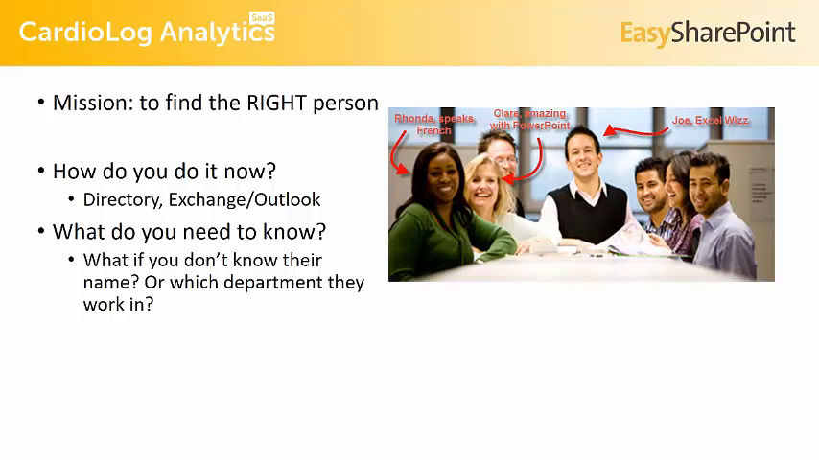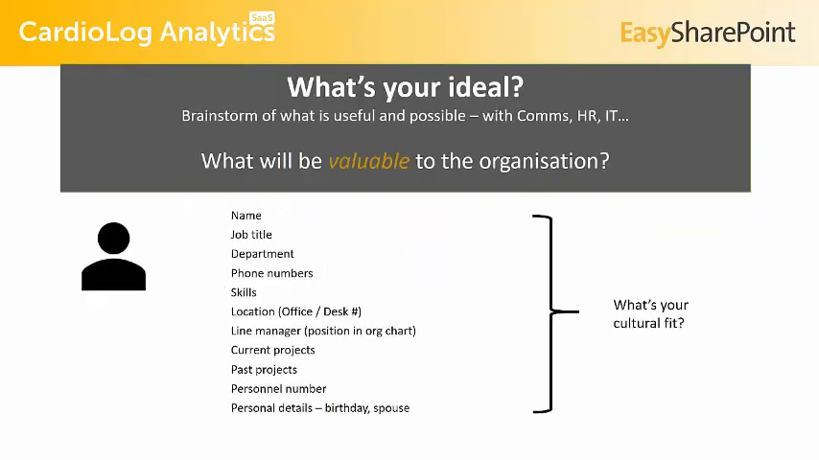So the first thing to look at is how do you do this process at the moment? And remember, we can apply that to those different problems as well. In this case, we might look at a paper directory or an online directory. We might use Exchange or Outlook to find information about people. But what about if you don't know the name of the person or the department that they work in, you don't know their line manager, how are you going to find someone that you don't really know much about? And the answer is to have a really good quality faceted search that will be able to search through different things in their profile. So the next step in the process is to brainstorm your ideal, and